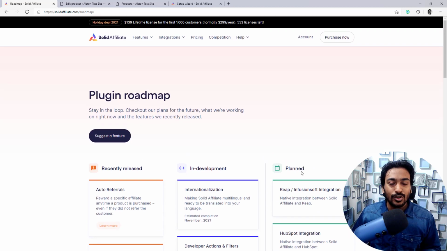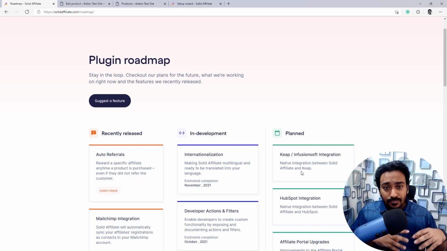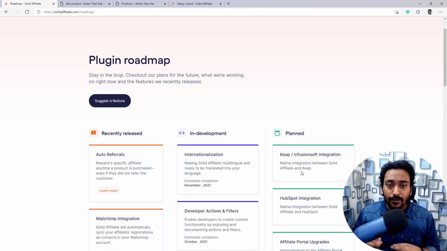So overall, that is what you need to know about Solid Affiliate. They are providing an affordable WordPress affiliate program solution. It's still not as fully matured as AffiliateWP, but as of now it does check all the mandatory boxes to get started on a small scale, or even for a person who's just getting started, to have a simple and straightforward affiliate platform within the WordPress ecosystem itself. So far, everything works really well. I hope they will continue to include more features, integrations, and customization options to be a really great competitor for AffiliateWP.